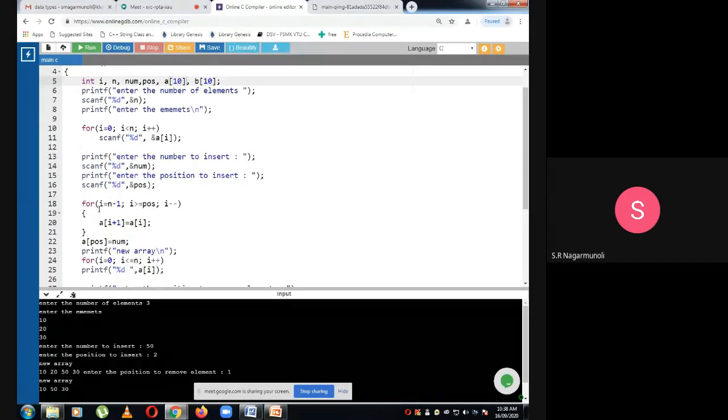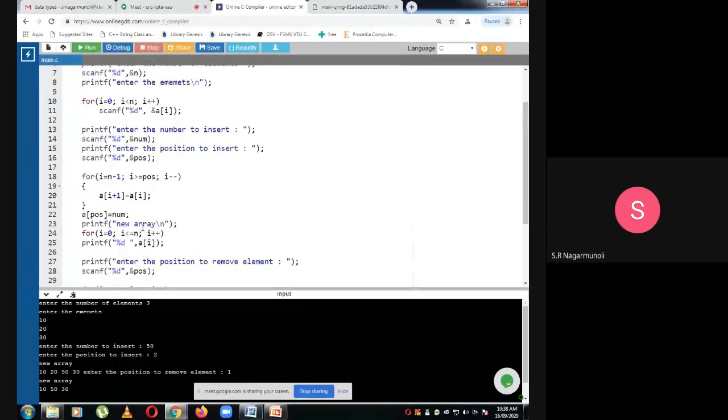That is what I am doing here. n is 3, i is equal to n minus 1, meaning i is 2. So first the element at position 2 I move to position 3. Then i is decremented, and the element at position 1 is moved to position 2. Then i is decremented, it becomes equal to the position, and the control comes out of the loop. At that position, the new number we entered will be written.